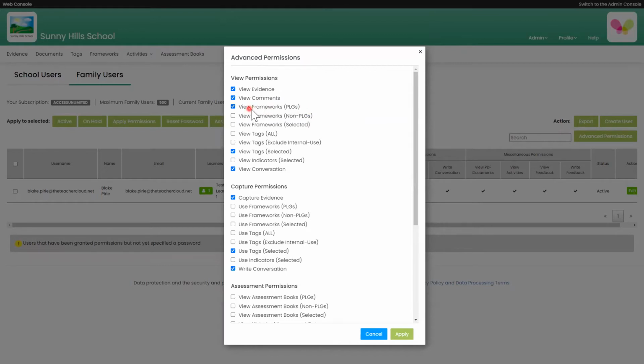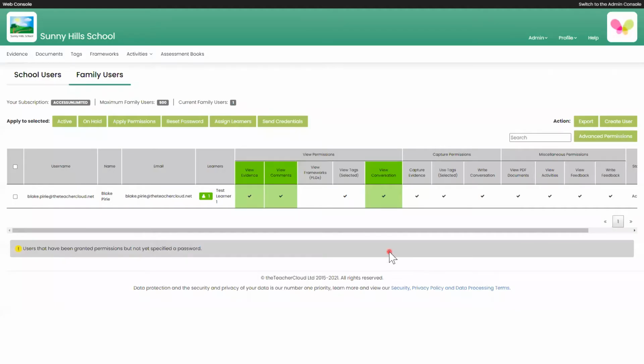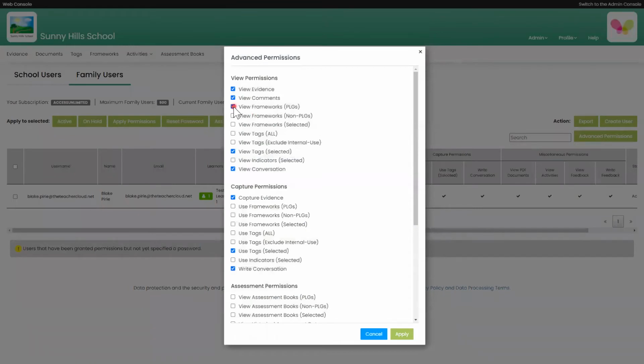and it would only be for those learners they have access to, their children, then what I would do is click where it says View Frameworks PLGs, tick the box, and say Apply at the bottom right, and you can see it just brings across that column. And then I could select that either everyone could do that, no one, or individual. In this particular example, I actually want to hide that column, so I'm going to go back to Advanced Permissions, untick it,